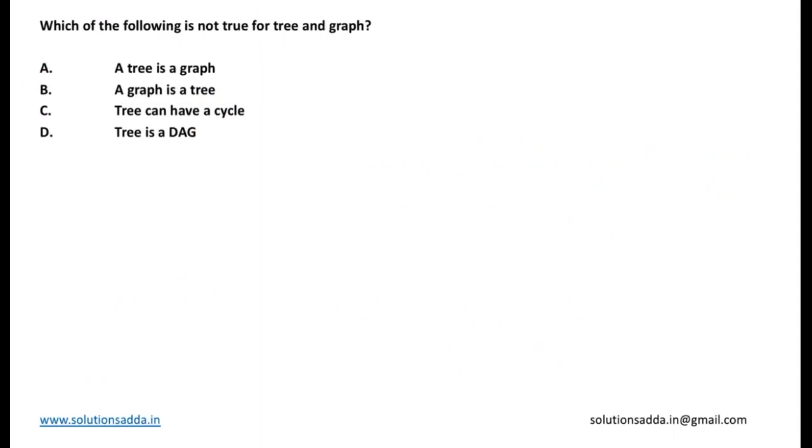This is a question from graph theory. Which of the following is not true for tree and graph? Options are: a tree is a graph, a graph is a tree, a tree can have a cycle, and a tree is a DAG. Let us analyze each of the options. A tree is a graph. This is true because a tree is a connected subgraph of a connected graph containing all the nodes of the graph but no loops. So it is a subgraph